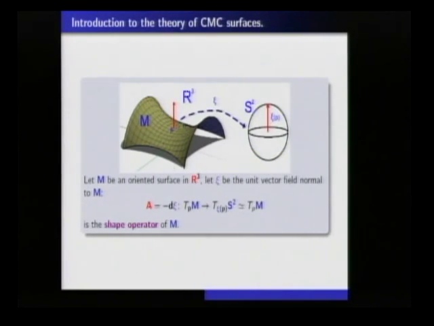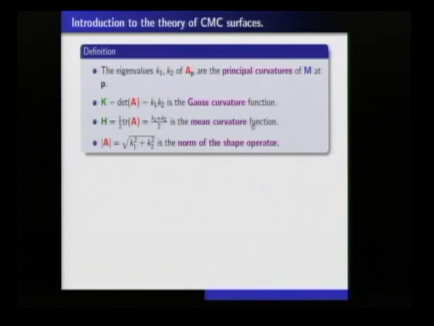So we can identify the integral of the Gaussian curvature, or of its absolute value, with the area of the Gauss map. In other words, we integrate the Gaussian curvature over the surface, and we find we cover the sphere with a certain amount of area, which may be a finite number, in which case we get a geometric interpretation of the Gaussian curvature when we have a Gauss map. And we have another important invariant, which tells us how much the surface curves.